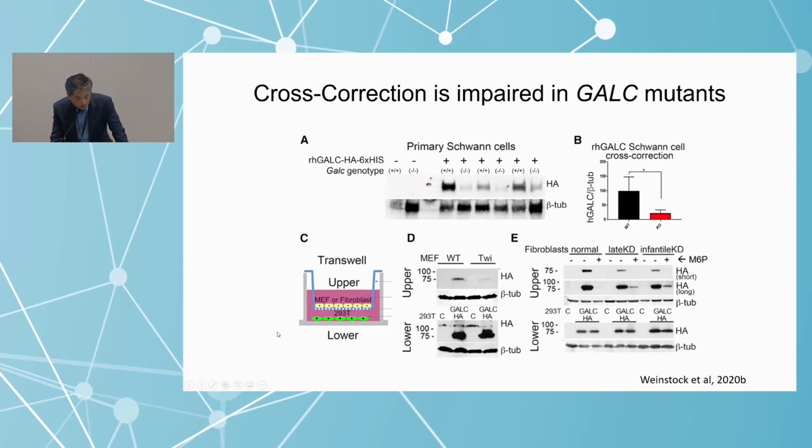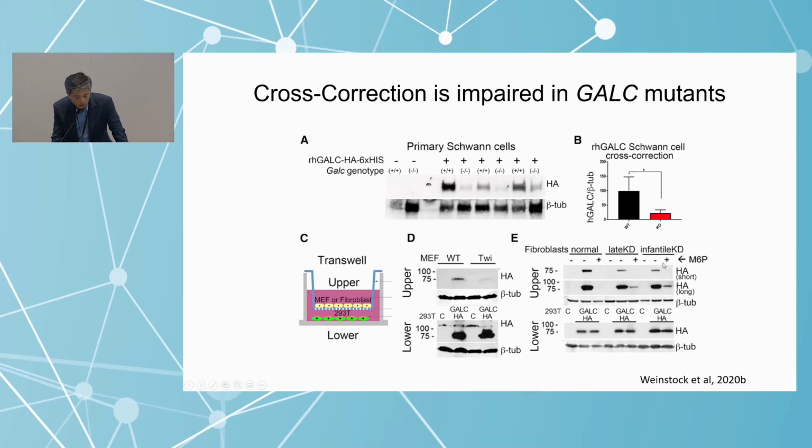A similar experiment is done using the transwell system. This is the co-culture system, so you can culture two different cell types in separate places at the same time. The cells were purified mouse embryonic fibroblasts from the twitcher, which is the well-known Krabbe disease model. If you compare these two bands, the wild type has more uptake of GLC, but in the twitcher it is much less. The same experiment is done with human fibroblasts: normal control, late onset Krabbe patient fibroblast,